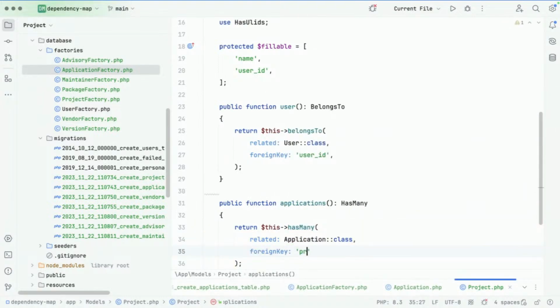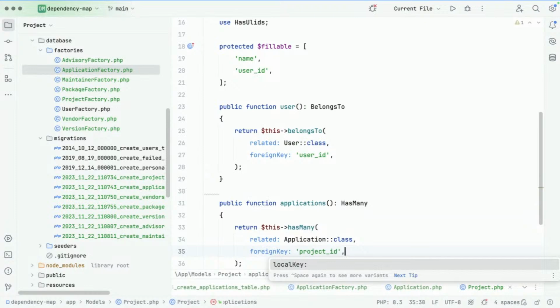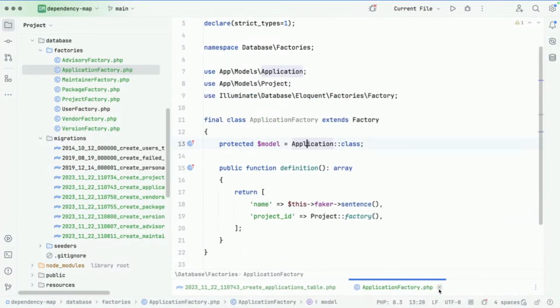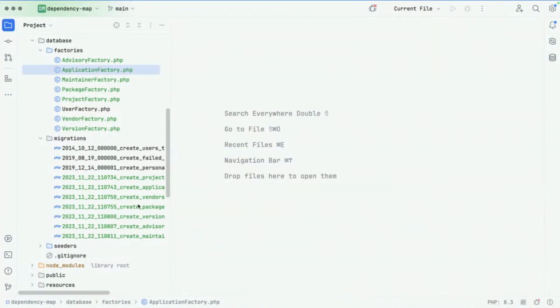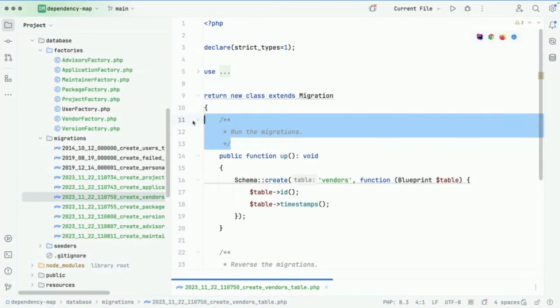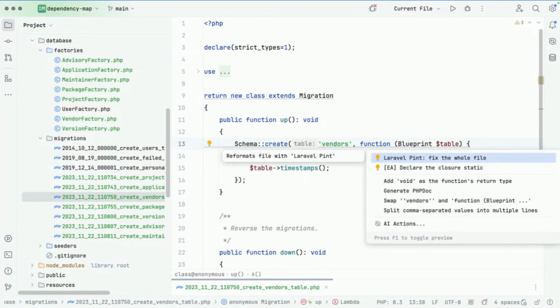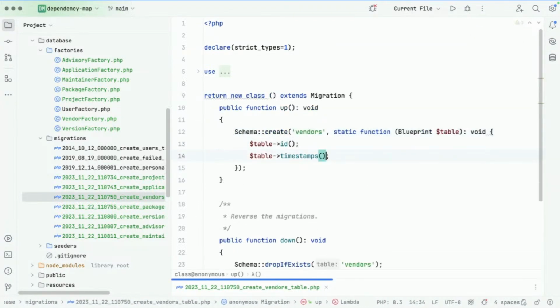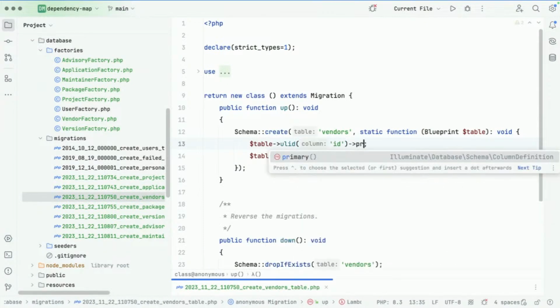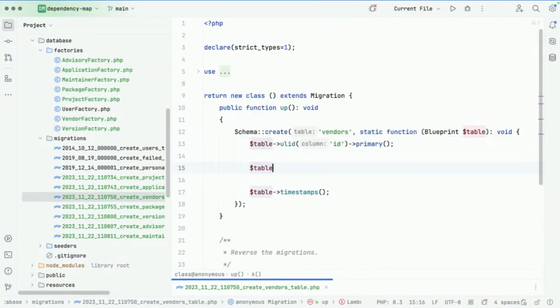Foreign key is going to be that project ID. Fix all of that. And that's the application and project all done, all modeled, all good to go. Vendor, we're just going to keep this really simple. Let's declare that, fix that. And for now, all we're going to care about is the name